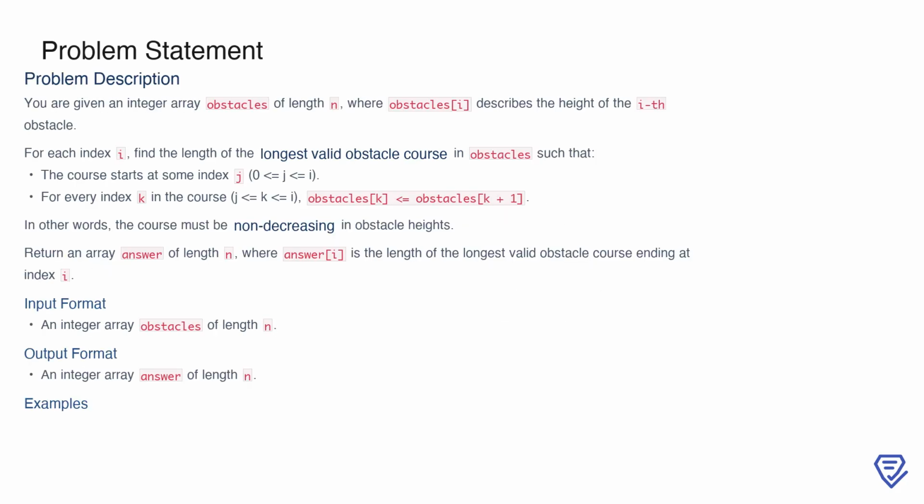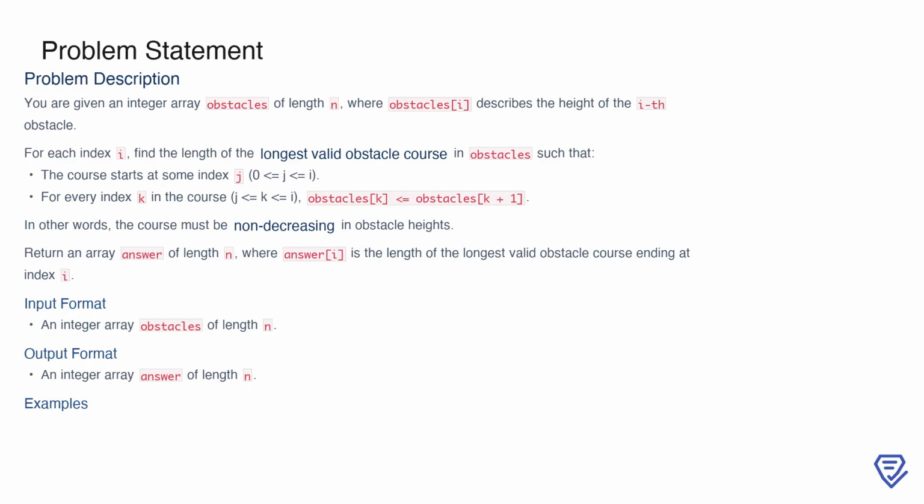In this problem, we are tasked with finding the longest valid obstacle course at each position in an array. The input is an integer array called obstacles, where each element represents the height of an obstacle. For every position i in the array, we need to determine the length of the longest sequence of obstacles starting